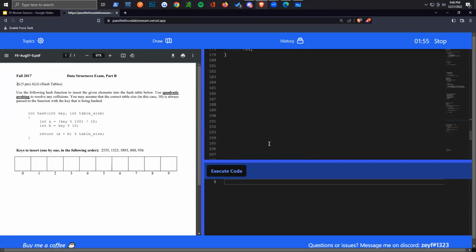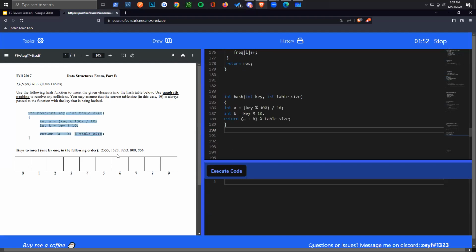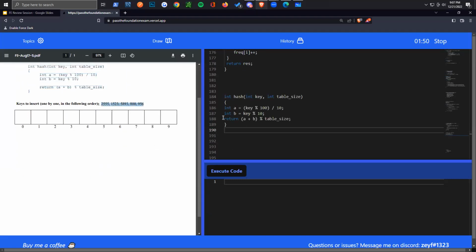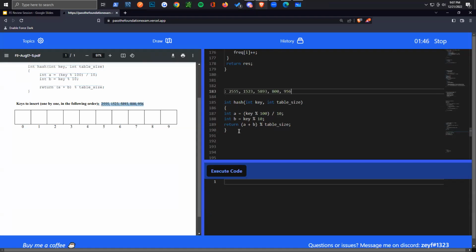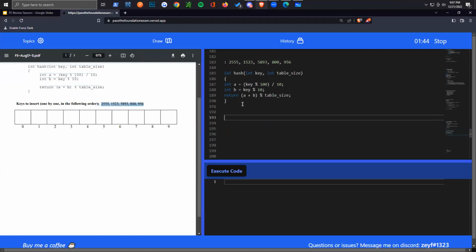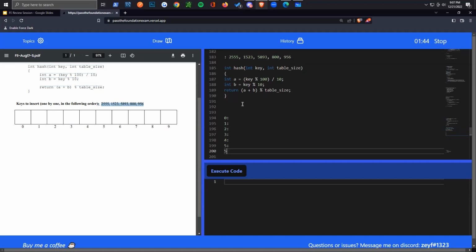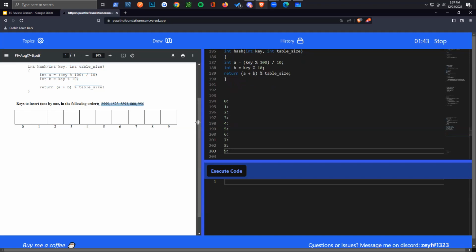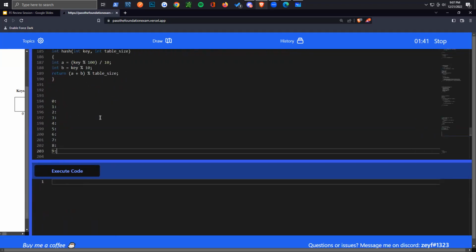Okay, I actually don't think I'm going to have enough time for this one, but let's just write it down. Okay. So I'm just going to do it like this. So I don't have to draw this out. Okay, so